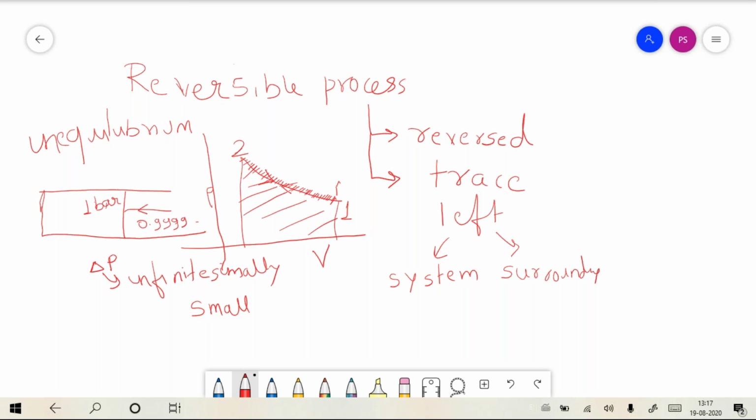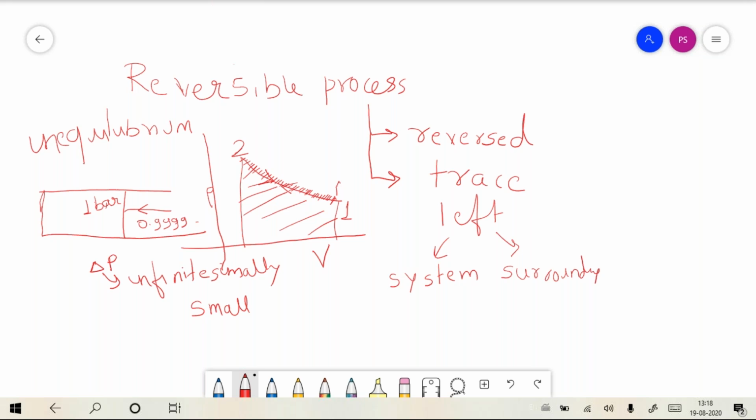So this process moves from 1 to 2 very slowly. It is a quasi-static process,